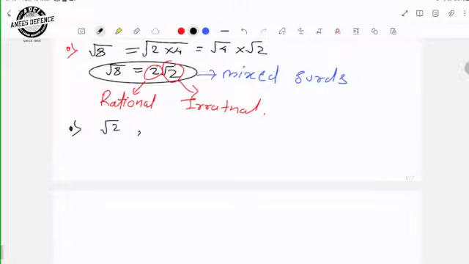√2, √7, √11, इसको क्या बोलेंगे अपन? या √15, जो ब्रेक नहीं होते किसी रूट फॉर्म में, तो इसको क्या बोलेंगे अपन? इसको बोलते हैं प्योर सॉर्ट्स।